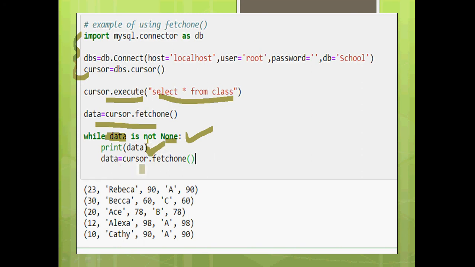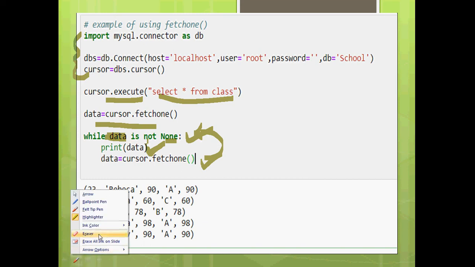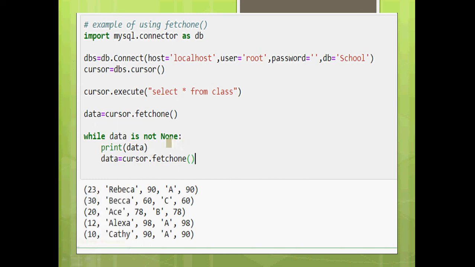Now we have to fetch the next one. How? Cursor dot fetch one. So the second record will be fetched, and after fetching it will go here, right, to the while header, and again it checks whether the line is none, empty or not. If there is a row there, print it, fetch the next. If it is there, print it, fetch the next. So it goes on until there is no row to return at all, starting from the first row of the